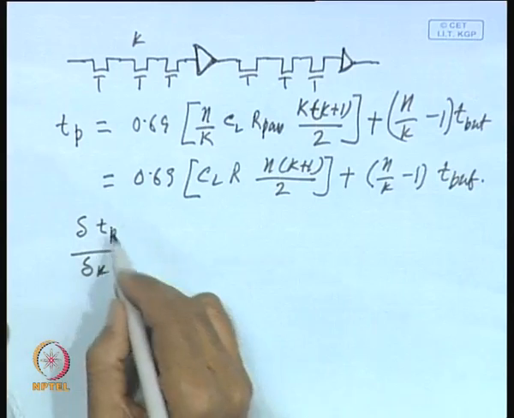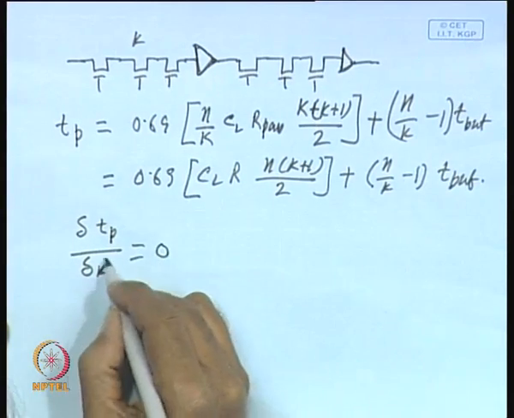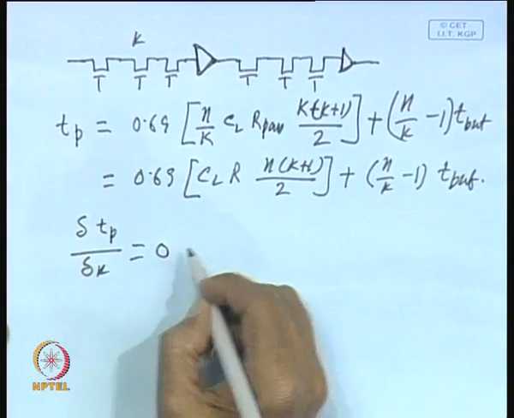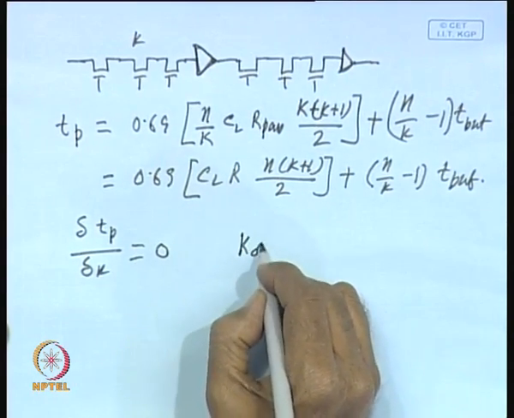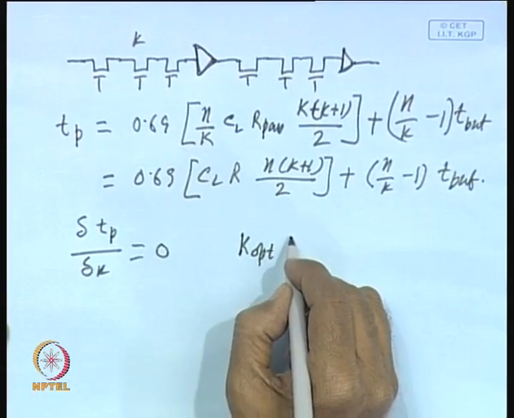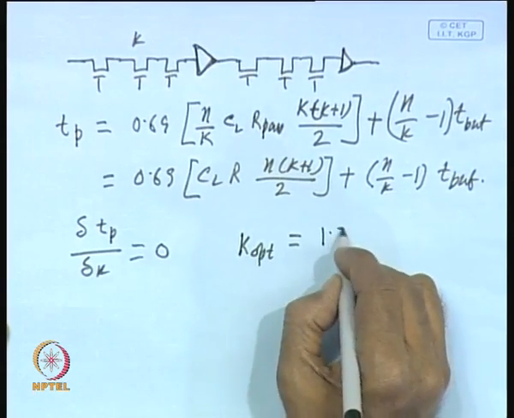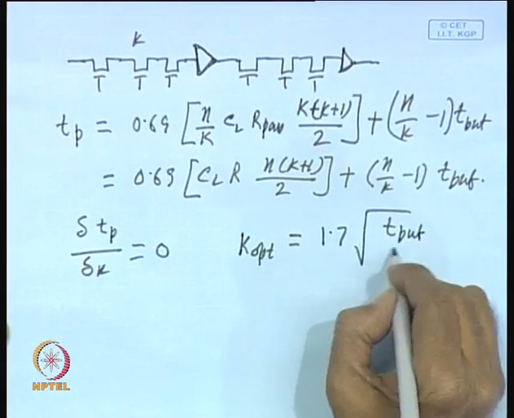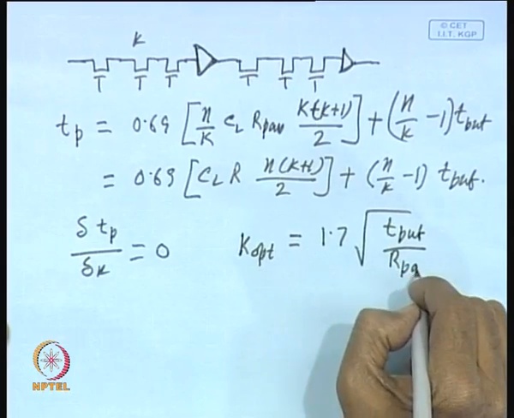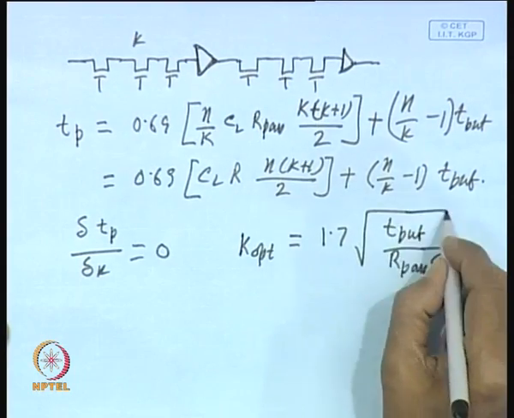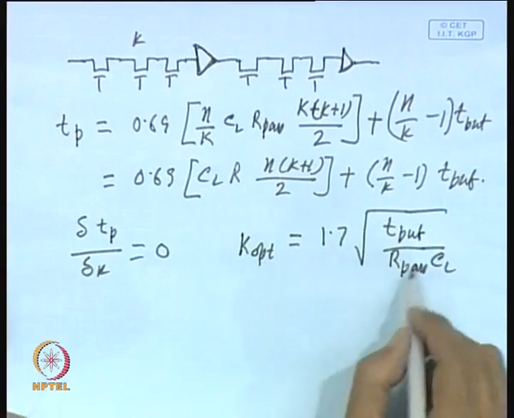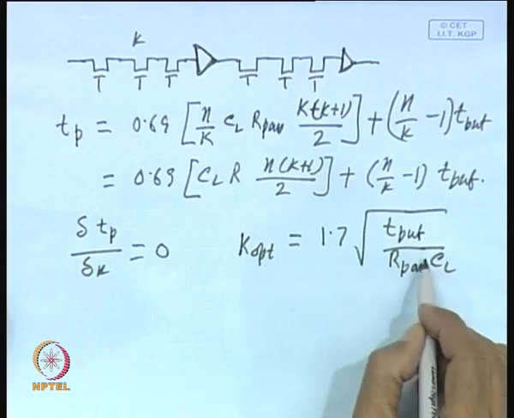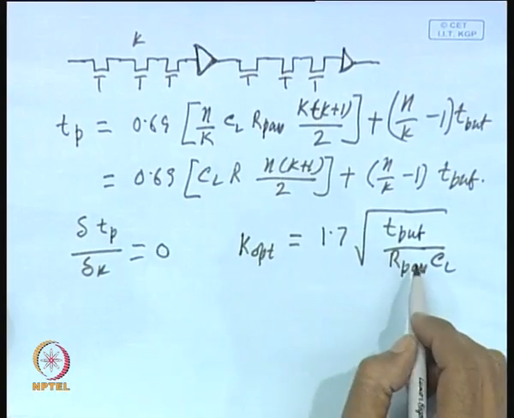So, if we put a non-inverting buffer, to get the value of k, we differentiate it and then equate it to 0, and it has been found that the optimal value of k is equal to 1.7, again I am not deriving it, times T buffer by R pass into CL. So, this is the optimal number of stages that will produce minimum delay,